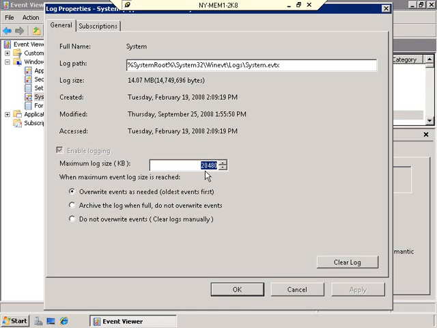Now, if that's not acceptable to you, if you don't want to overwrite anything, then you can go ahead and say archive the log when it's full and do not overwrite events. And that is something that we really didn't have as an automated function. What we used to have in the past was you could pick to overwrite only if it was older than a certain number of days, and we don't have that anymore. Now it's either just overwrite or don't overwrite, archive it, basically save that particular log as a permanent structure, and then create a new log that's blank and you start all over again, or just don't overwrite events at all,